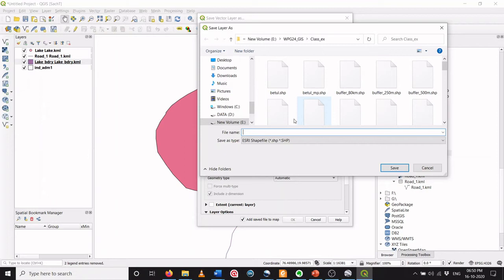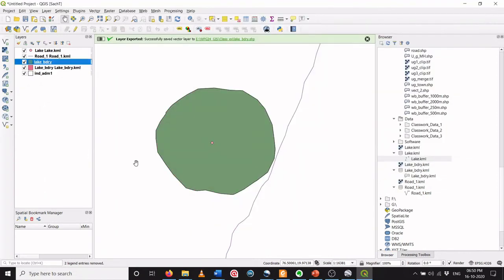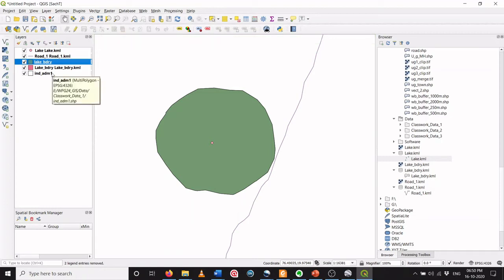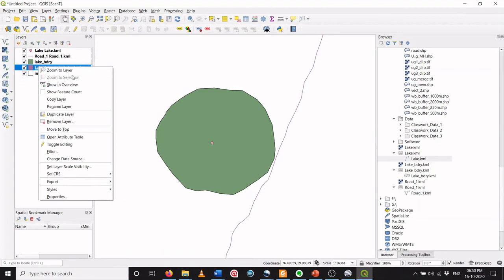Similarly you can convert the remaining two layers from KML to shapefile. Once this is done, it means now you have a shapefile of the road, the dot and the polygon as a boundary. So this is the new shapefile. I will remove the original one. Okay, so this is the shapefile and I can see where this is located. It is located somewhere in this part of Maharashtra.